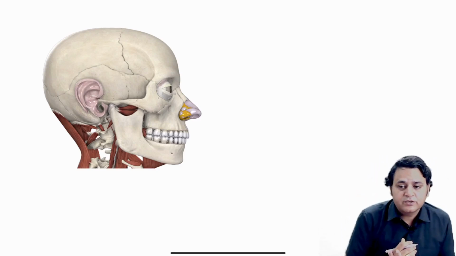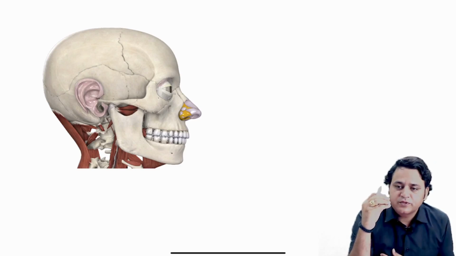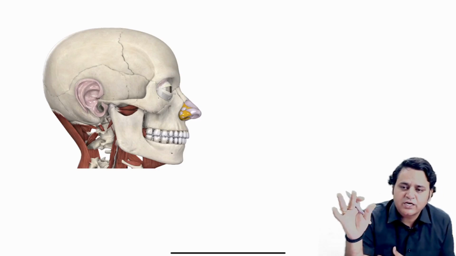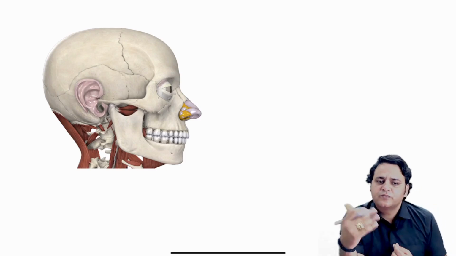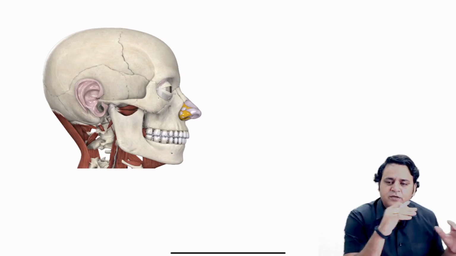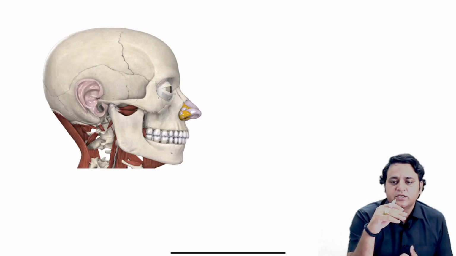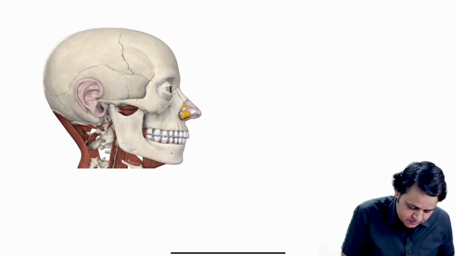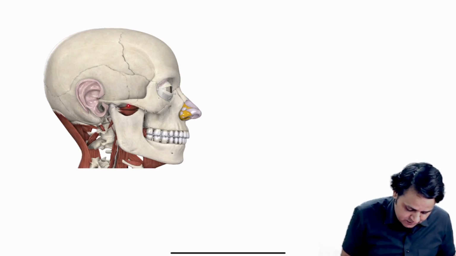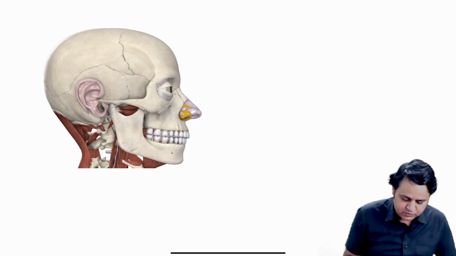This is a very peculiar type of articular disc. All articular discs are formed by fibrocartilage, and this one is also formed by fibrocartilage, but as I have already told, this is specific because this articular disc is the remnant of this muscle. As you can see in this diagram, there is a muscle, and this is the articular disc present in between the head of the condyle and the mandibular fossa.